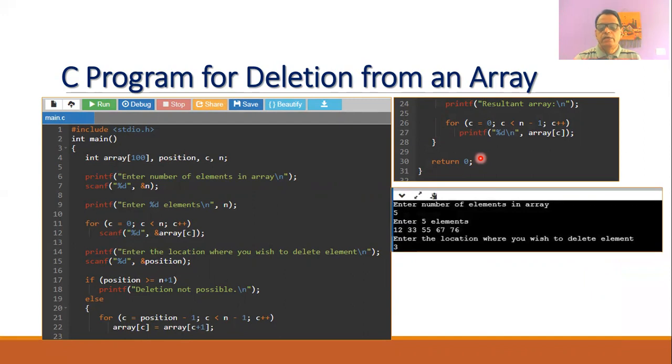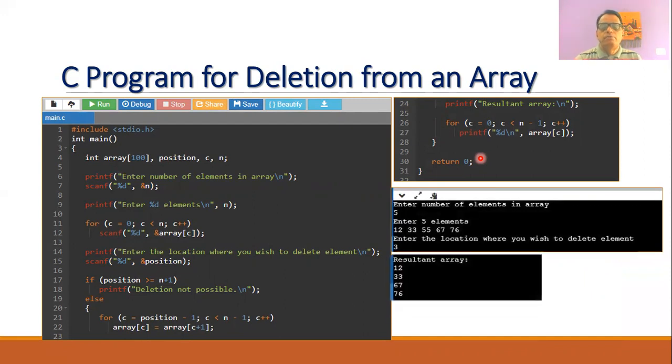So when you execute this program by using any online C compiler, initially you will get the message to enter the number of elements in the array. Suppose we enter 5, that is, there are 5 elements in the array. Then you need to enter the 5 elements. Suppose we enter 12, 33, 55, 67, and 76. Now the program will ask you to enter the location where you wish to delete the element.